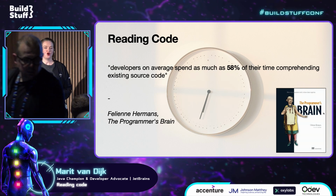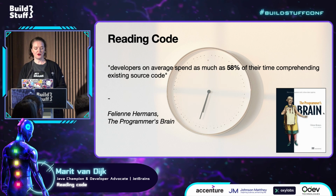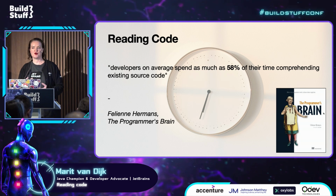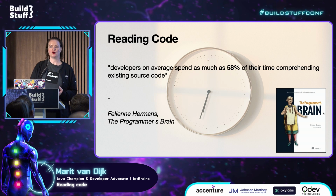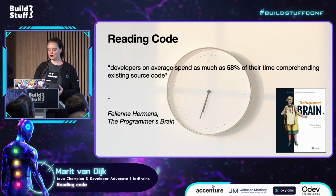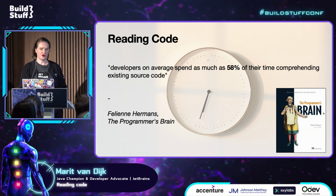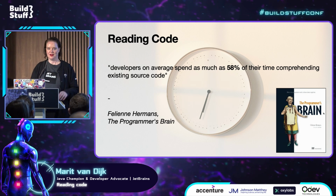In fact, developers on average spend as much as 58% of their time trying to comprehend existing source code. This is a quote from a book by Felienne Hermans. Felienne is a professor of computer science education in the Netherlands. So her domain is literally how do we teach programming, how do we learn programming. She wrote a brilliant book, in my opinion, called The Programmer's Brain, with the subtitle, What Every Programmer Needs to Know About Cognition. I highly recommend this book. I don't get a commission, so...